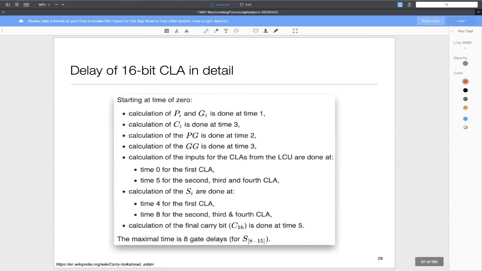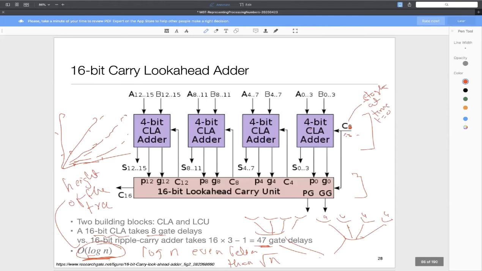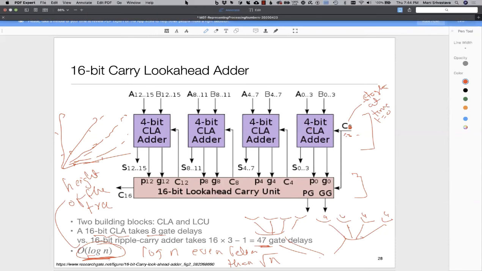Professor? Yeah. Could you go back to the previous slide? What's the point of the propagator and generator that are leaving the look ahead? I'm having a hard time hearing your voice. Can you come closer to the mic, please? What's the purpose of the propagator and generator that are leaving the look ahead carry unit? What is the purpose of propagate and generate? That's leaving in the bottom right. Actually, can you write down your question into chat so that